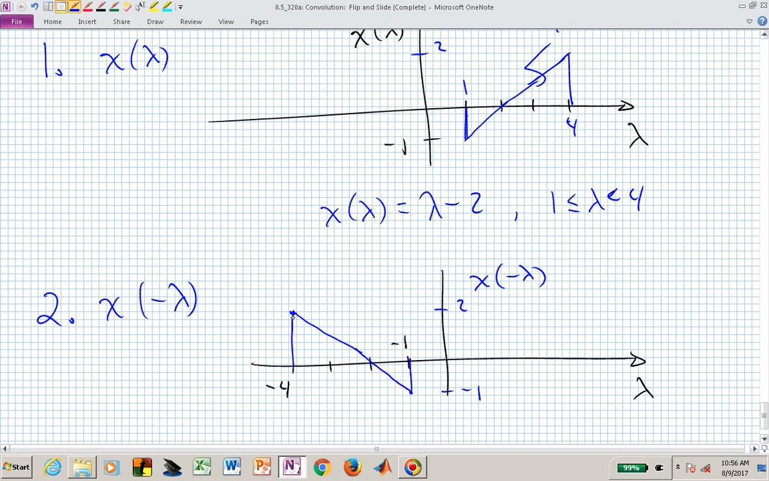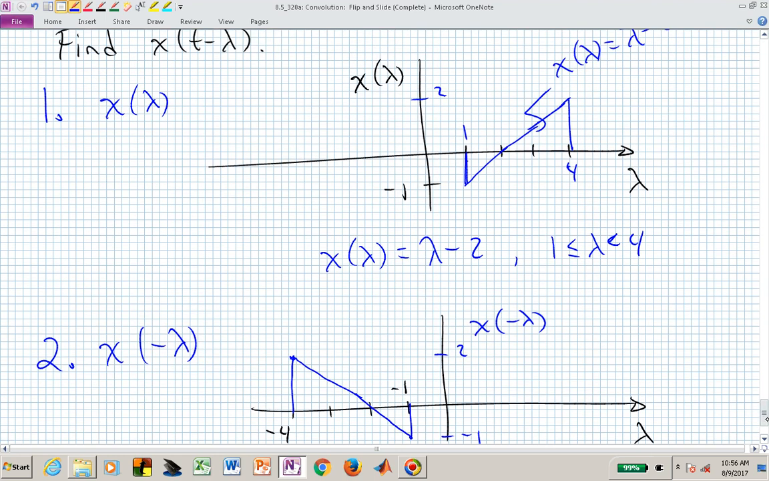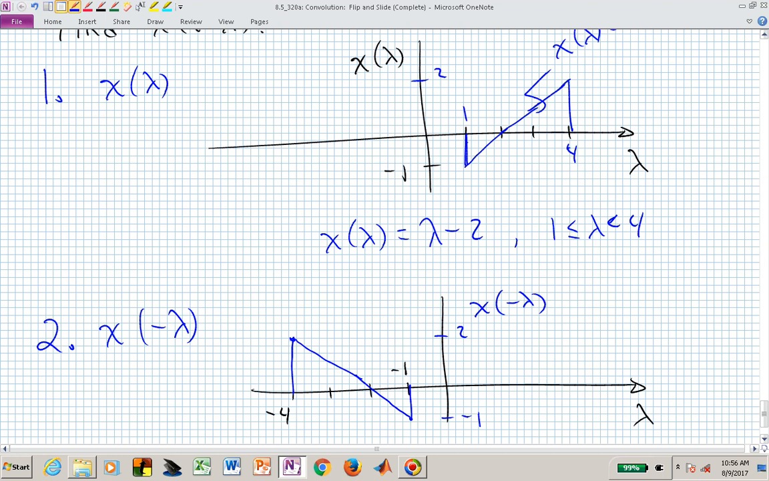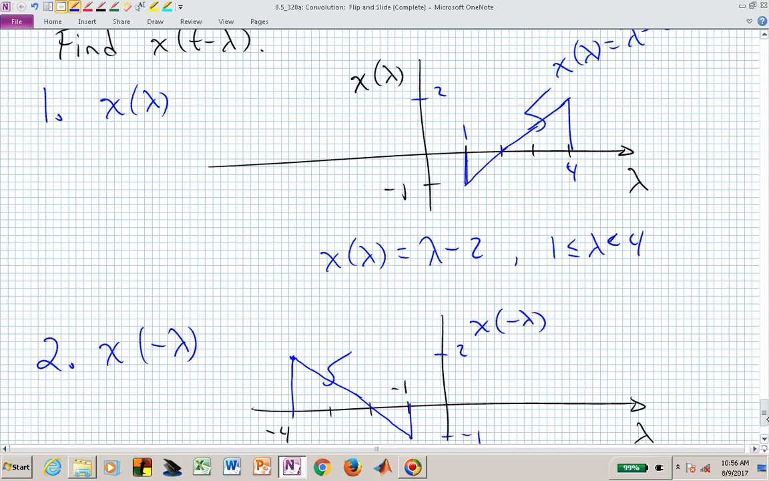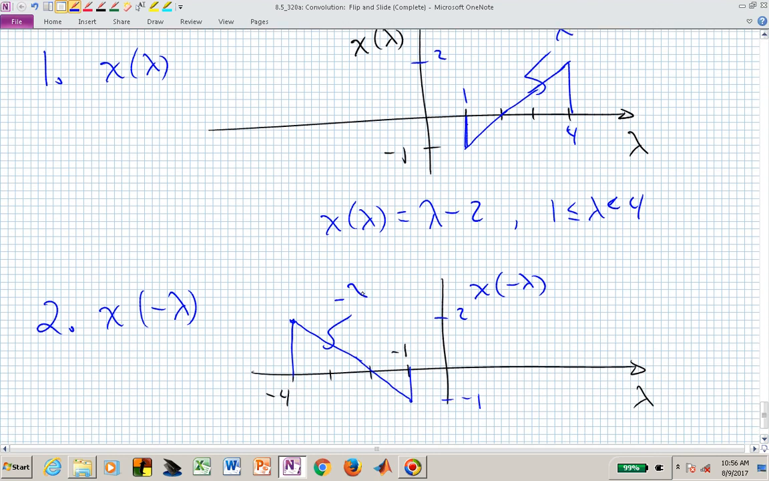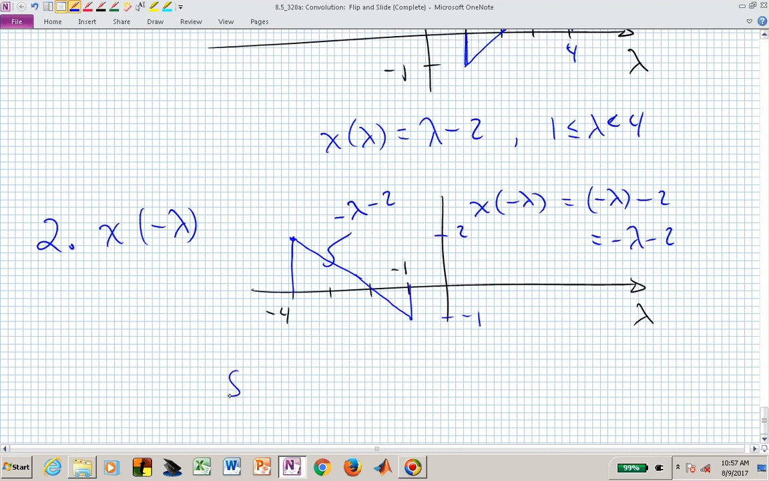And hopefully you can see that if we mirror imaged x of lambda across the vertical axis, in fact we would find this expression. If we now look at x of lambda, we're replacing lambda with minus lambda, so this should be minus lambda minus 2. This is minus lambda minus 2 as a functional form, and we now have a slope